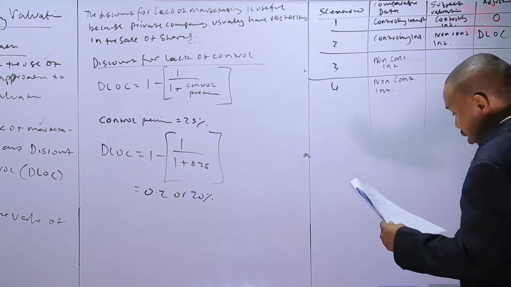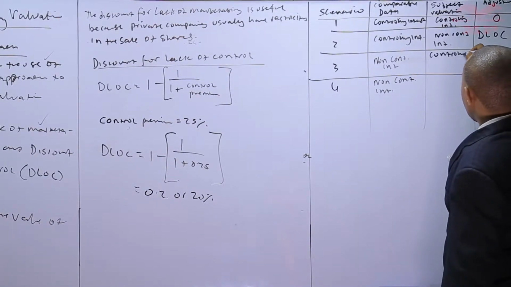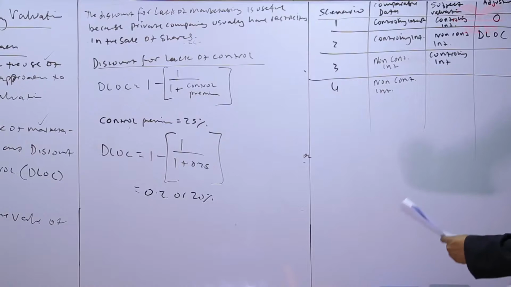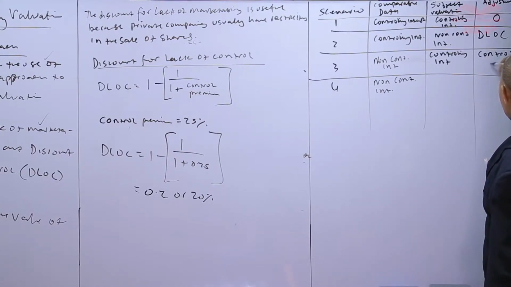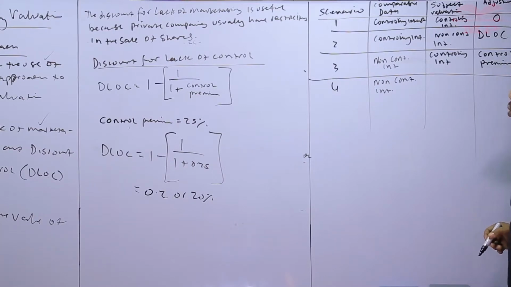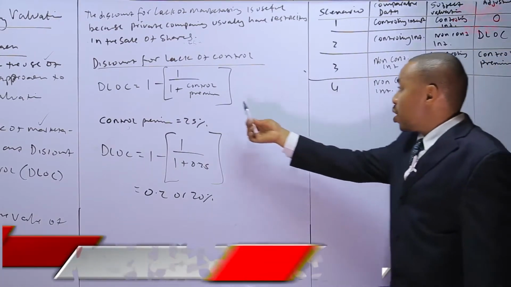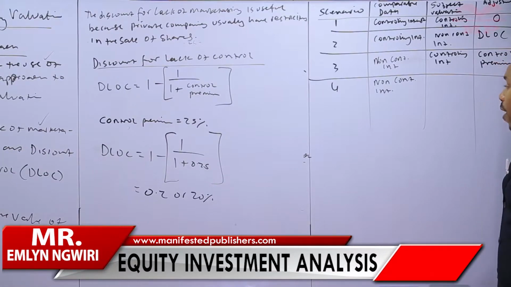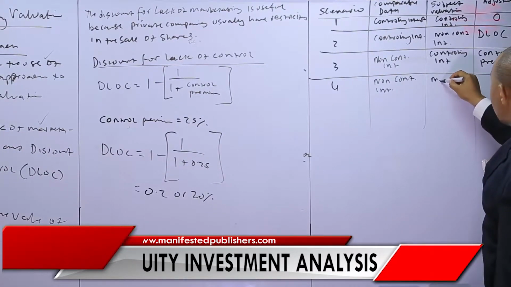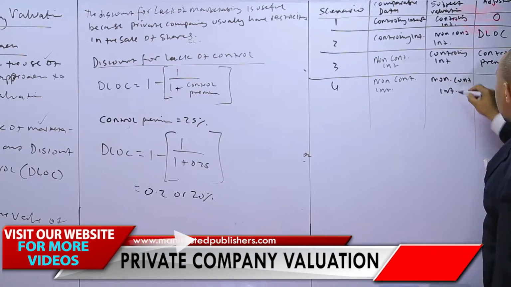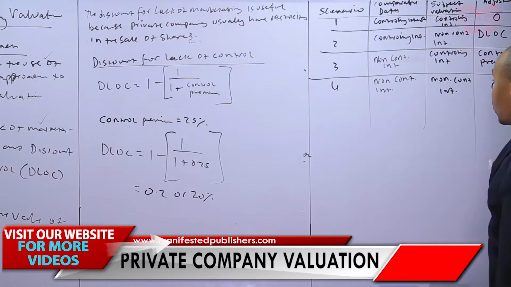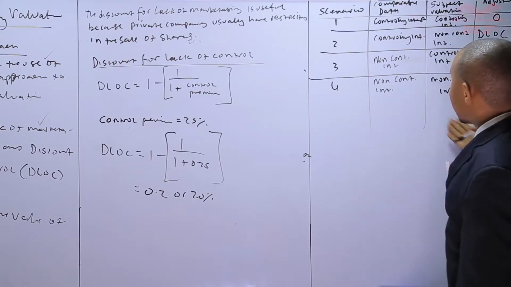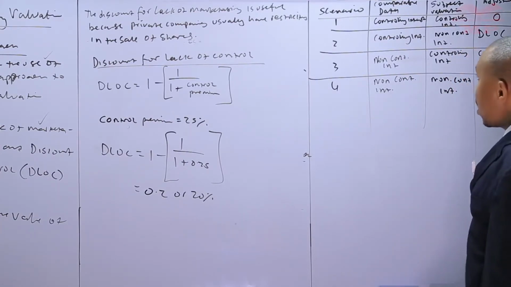Now here we have a non-controlling interest and we have a controlling interest like that. If you have non-controlling interest and controlling interest right over there, we must apply a control premium. In this case, what will happen is that we make the control premium the subject of the formula so that we can solve for that. Now, non-controlling interest, and we have non-controlling interest, and here there will be no adjustment that needs to be done at that point. So having looked at this summary for discount for lack of control,